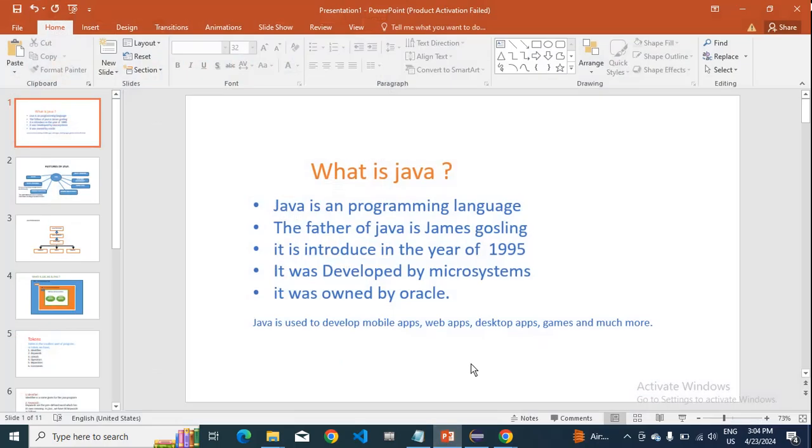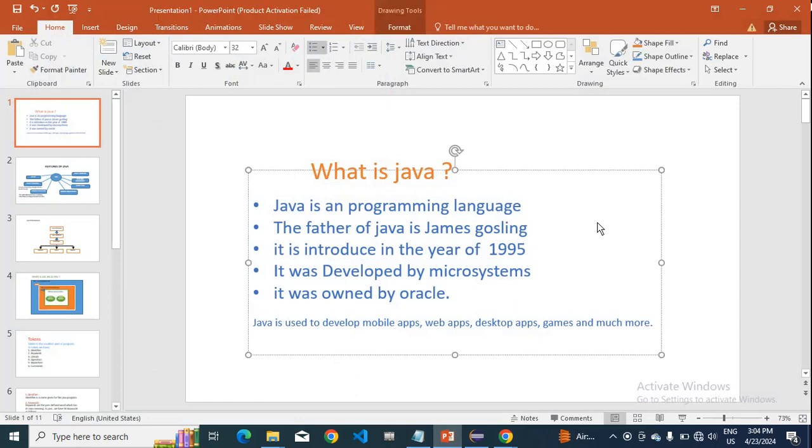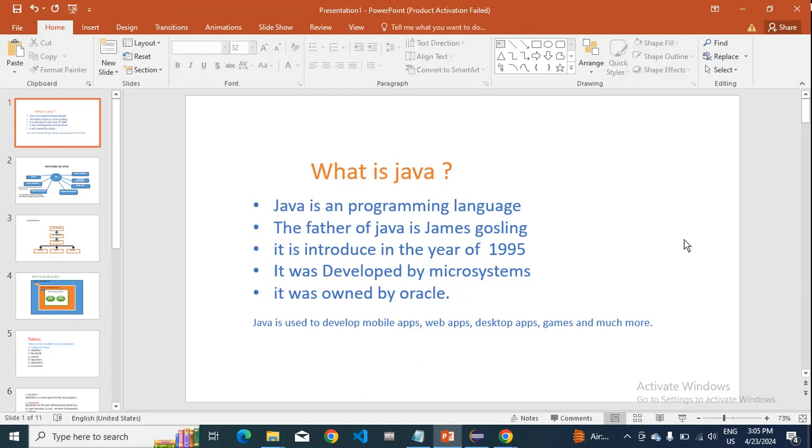So coming to the first point, what is Java? Java is nothing but a programming language. The father of Java is James Gosling. It was introduced in the year 1995, and it was developed by Sun Microsystems. Now it is owned by Oracle, so it's completely handled by Oracle now. And the uses of Java is nothing but